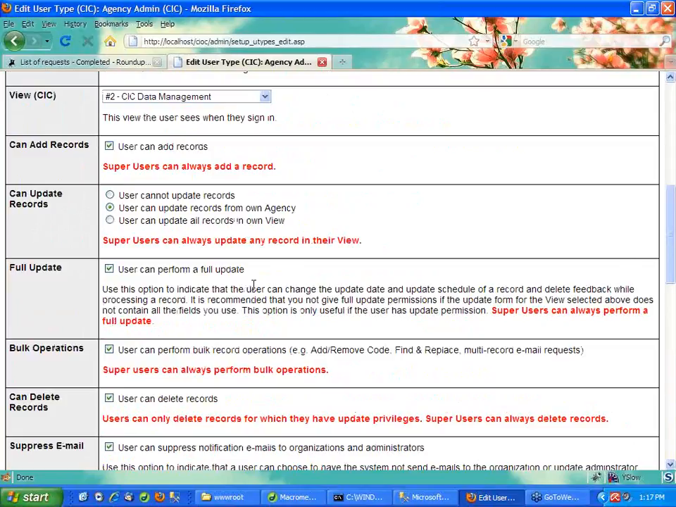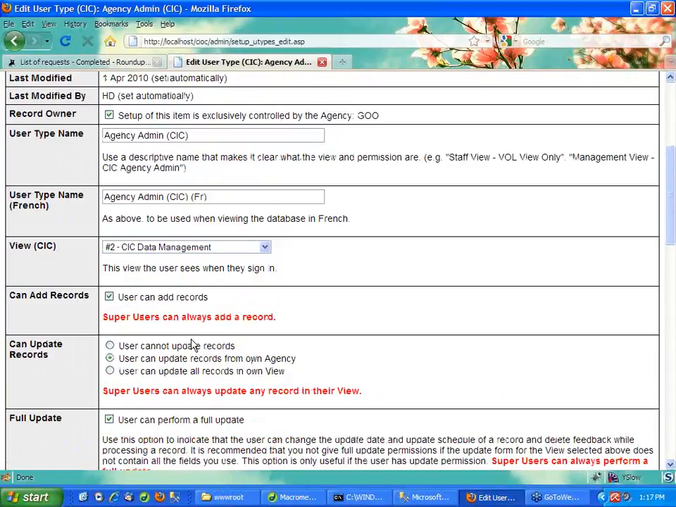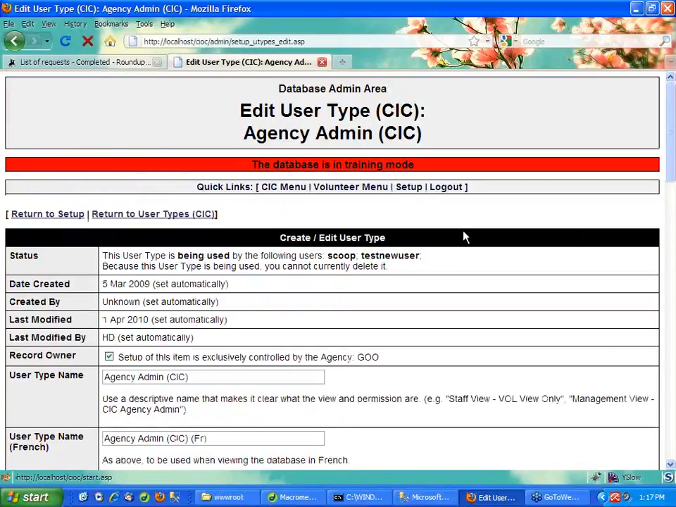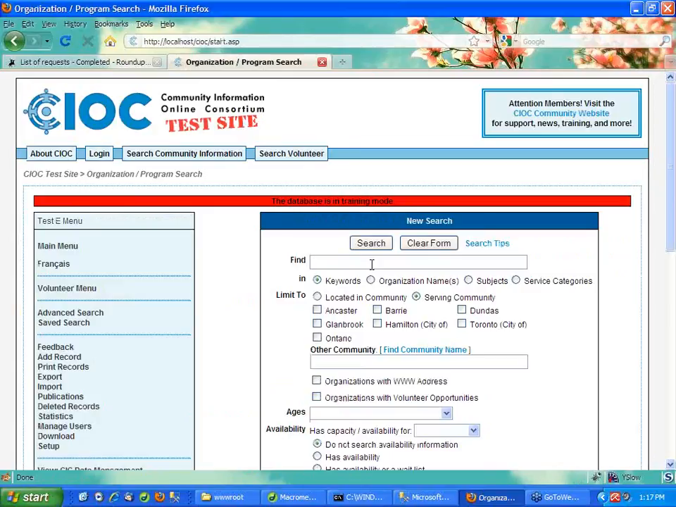Next in my list is the searching. I think everyone probably noticed this by now, but we've added an autocomplete feature to the search boxes, both on the volunteer and on the community information. I know people don't necessarily use the keyword searching on the volunteer as much and may not have noticed it,